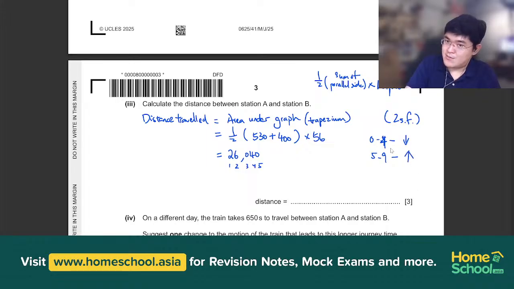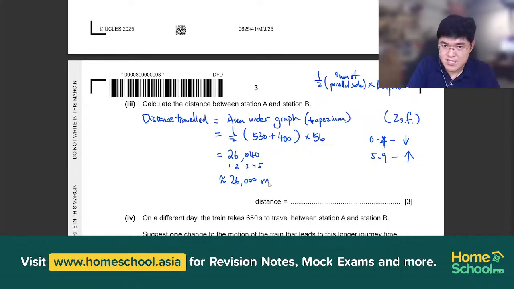And when we round upwards, we add 1 to the second significant figure. So as you see here, the third significant figure is 0, which is smaller than 5, right? So we round downwards. So this is what we get, 26,000